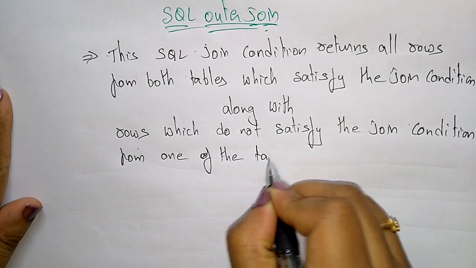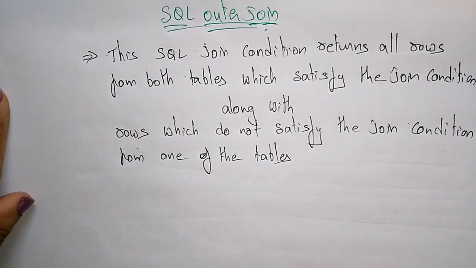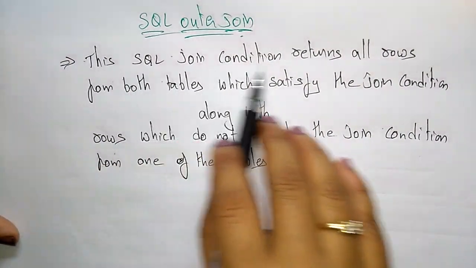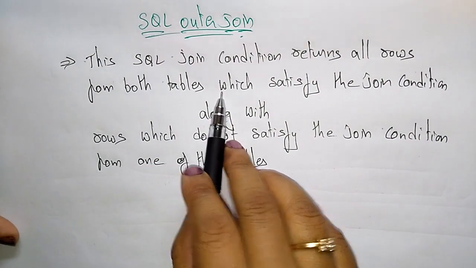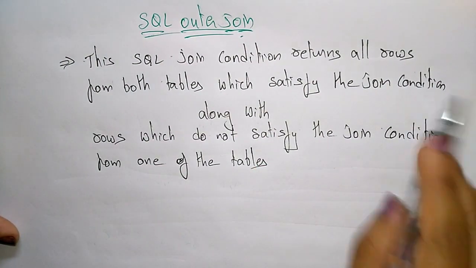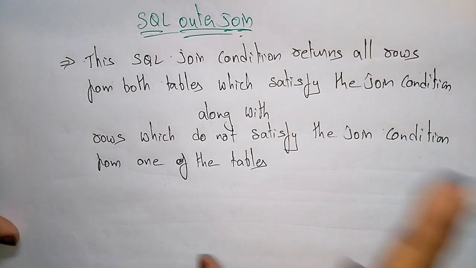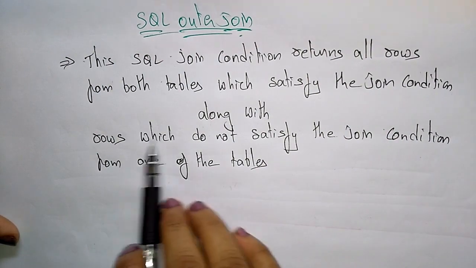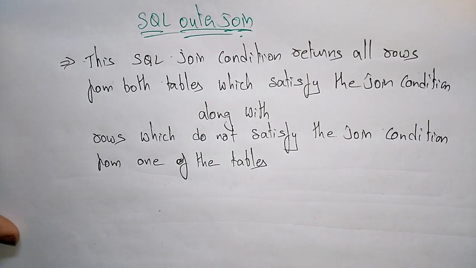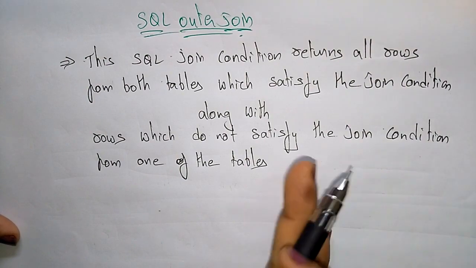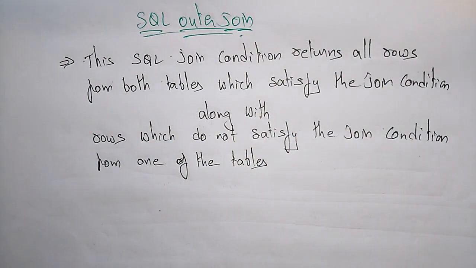So what is it saying? First it has to satisfy the inner join condition, meaning it returns all rows from both the tables which satisfy the join condition. So whatever the equi-join condition satisfies, those rows which are equal in both the tables, those will be returned along with the rows which do not satisfy. Some rows that do not satisfy the join condition from one of the tables. Don't take them from both the tables, only in one table you take the items which do not satisfy the join